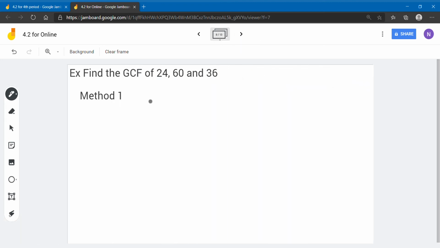So let's have an example of how all this works. 24, 60, and 36, you want to find the GCF. So let's list the factors of 24. First number is 1, 2, 3, 4, 6, 12, and 24. Again, 1 and 24, 2 and 12, 3 and